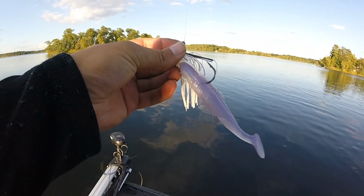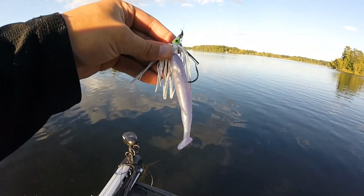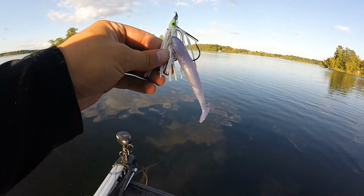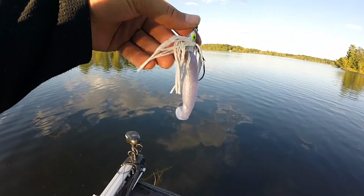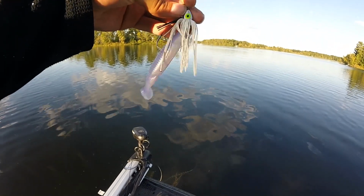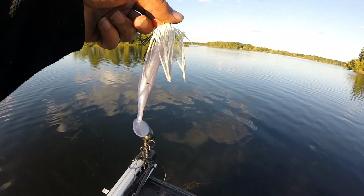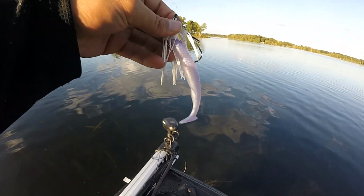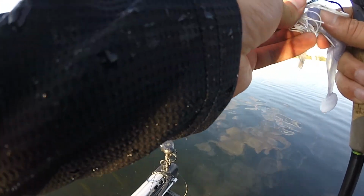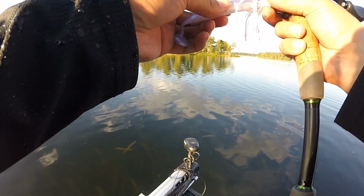There it is, guys. Just using a white Super K swim jig here. I really like this white color, and I've caught quite a few pike off of this thing. I'll say the skirt on this thing has held up really, really well. That's a lot better than I can say about most swim jigs. If you catch a pike with them, your skirt gets torn up, but this thing's doing pretty well. That paddle tail got a little torn there, but